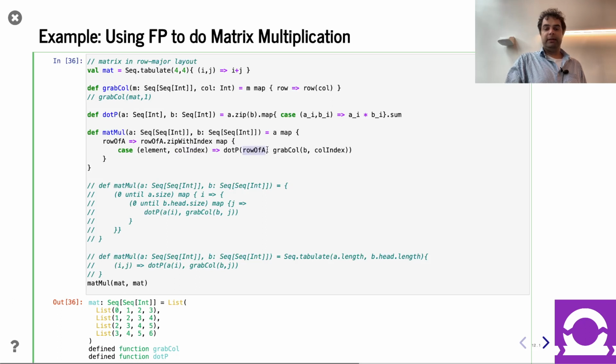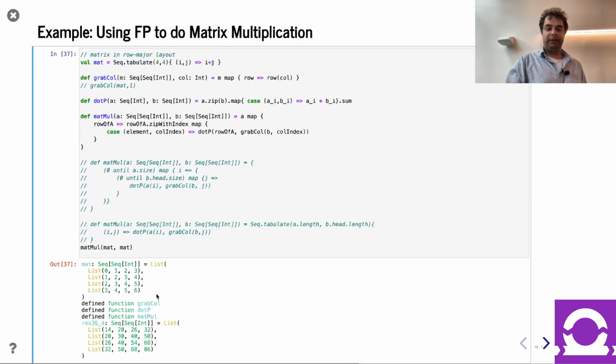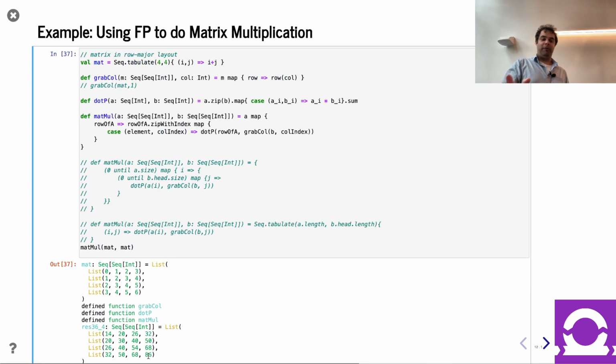on the row of A, and then we need a column of B. Well, we can use our grab call thing we just defined. So this is going to work. If I zoom out, you can barely see it, but you can trust, hopefully, that's the correct